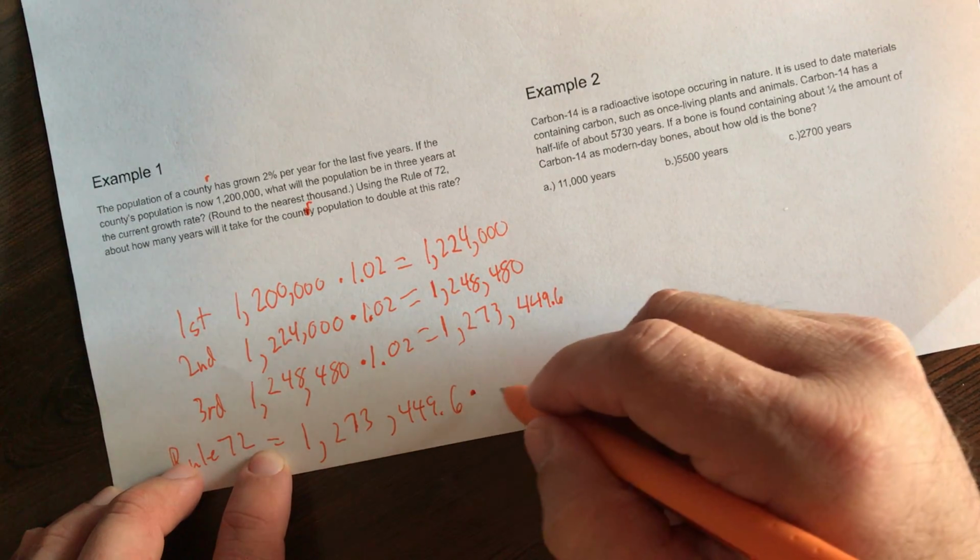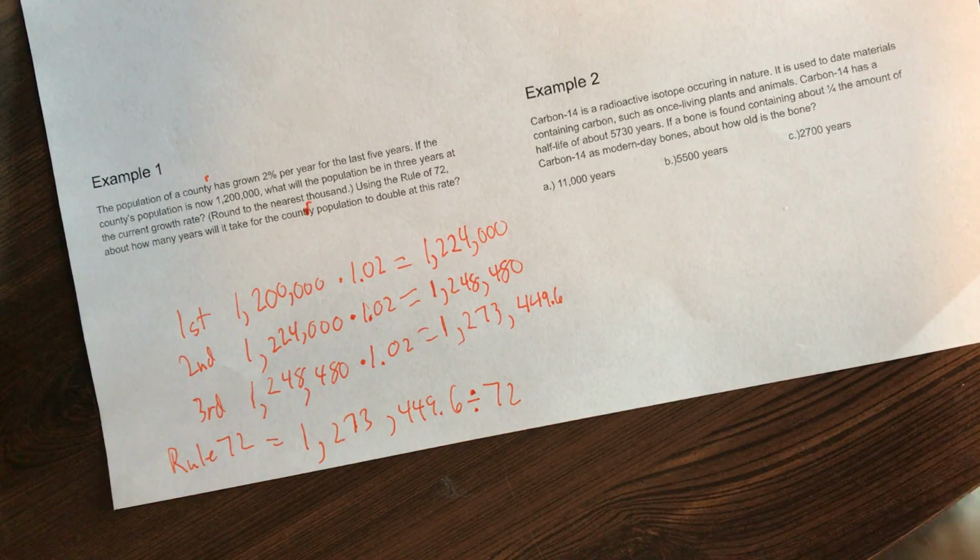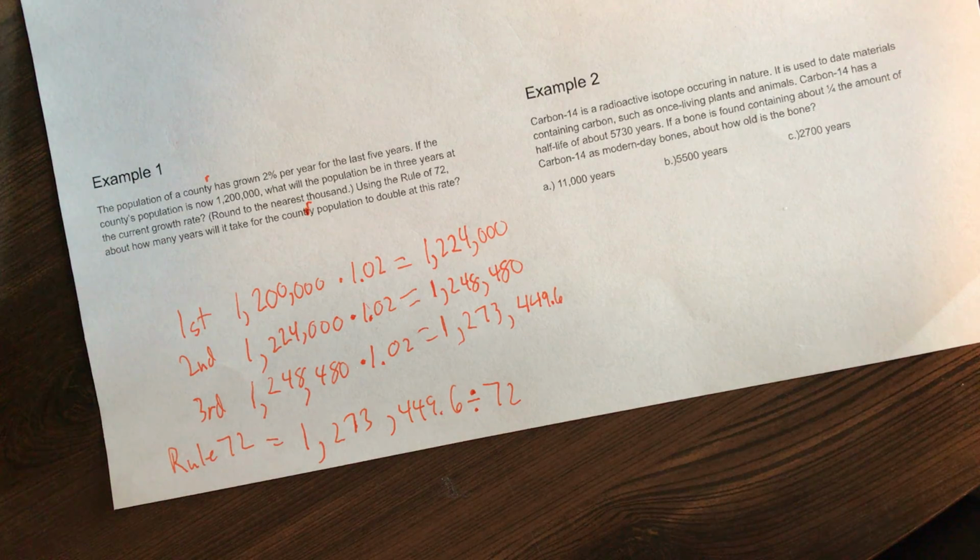And we want to take that divided by 72. Okay. And then after we divide it by 72, well, how does that work? After 3 years,